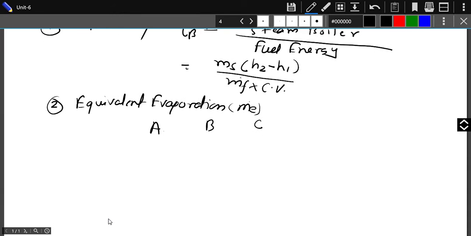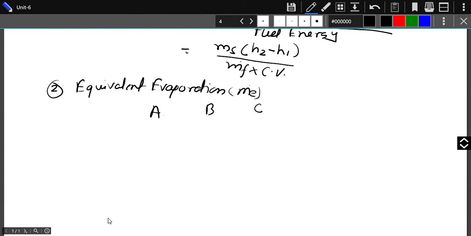Now see, you have to give the answer to me. We are going to measure the capacity of the boiler in terms of how much amount of evaporation of water is taking place. Based on that, the capacity is defined. So what do you mean by capacity? Let us write that: the capacity of the boiler.